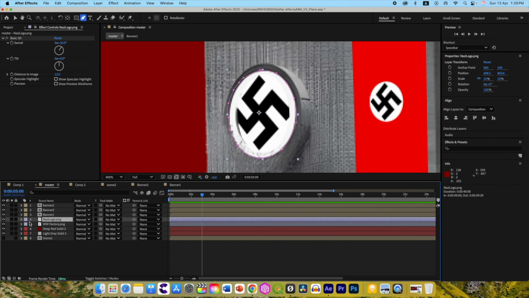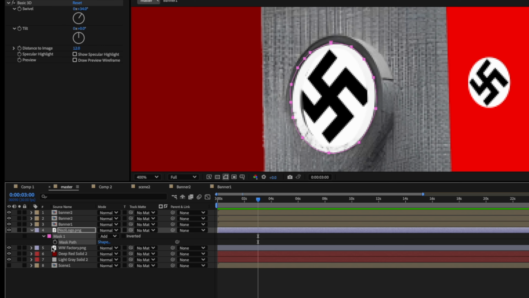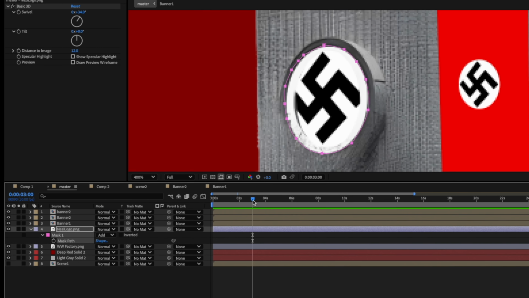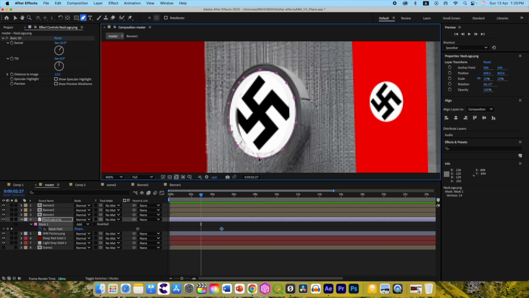Alright, so this is the mask. Let's select the mask path, somewhere around here. So this is the final mask path, and at 3 seconds we will be changing it. So this is kind of tricky. So just select this, select the mask